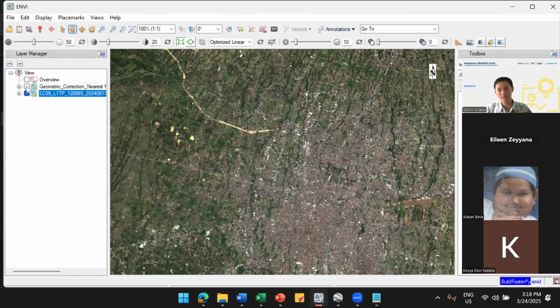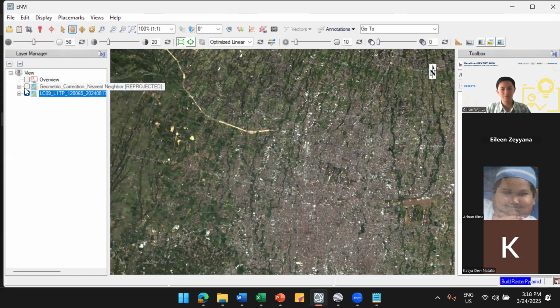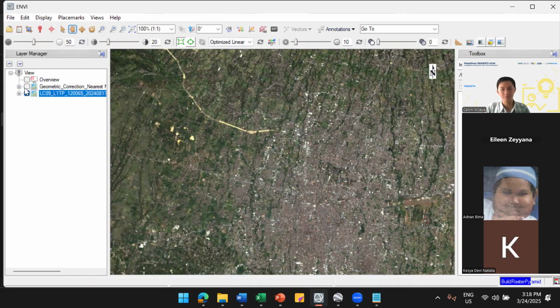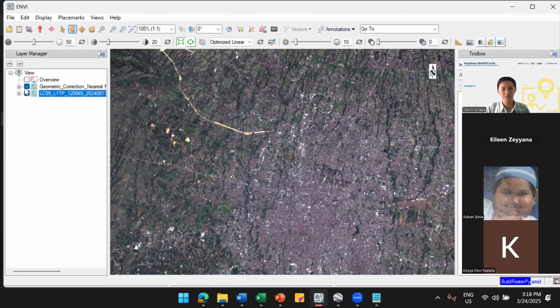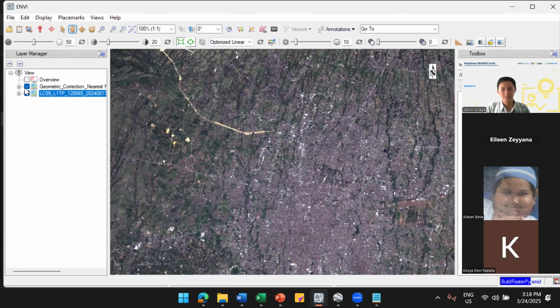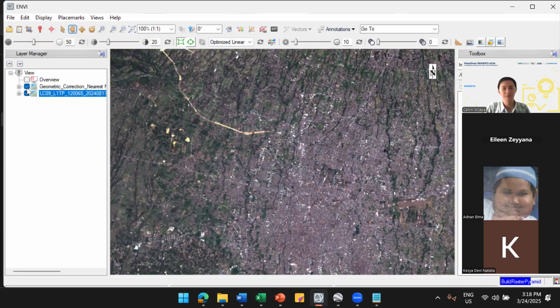You can see it has moved a little bit, even though it has not changed its shape, it moved a little to the left side. Then you can analyze the difference between before and after the geometric correction, either with bilinear, bicubic, or nearest neighbor.